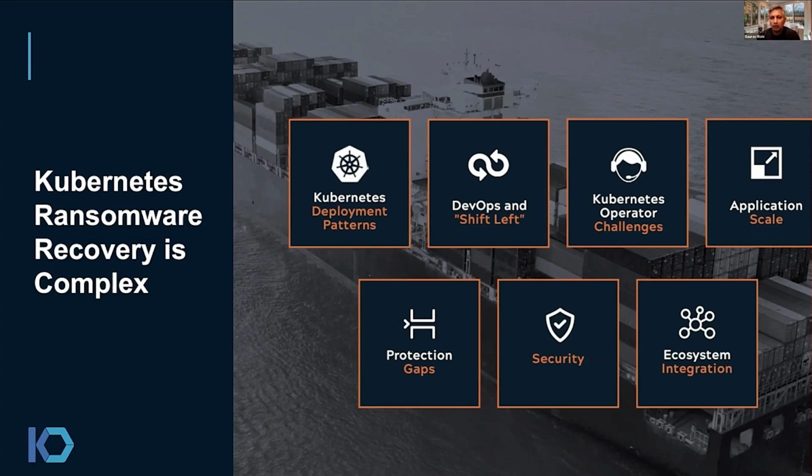And so that results in a massive difference in terms of the number of objects that you need to protect. And so when you think of a protection solution for Kubernetes, you need to work in a brand new environment, which has a different ecosystem at a scale that you've never seen before,